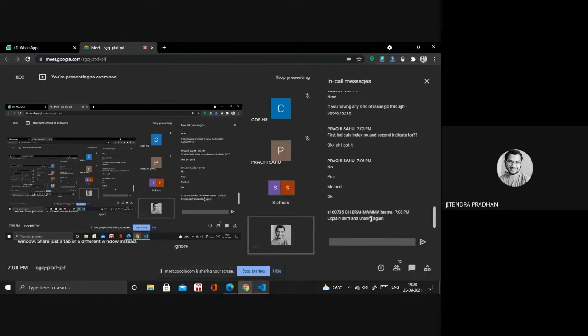Then we have to go to object. Okay, shift and unshift. Okay, so unshift we are using to